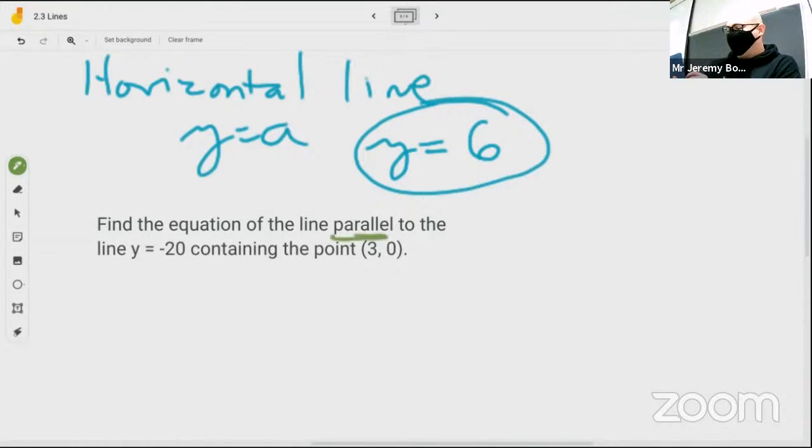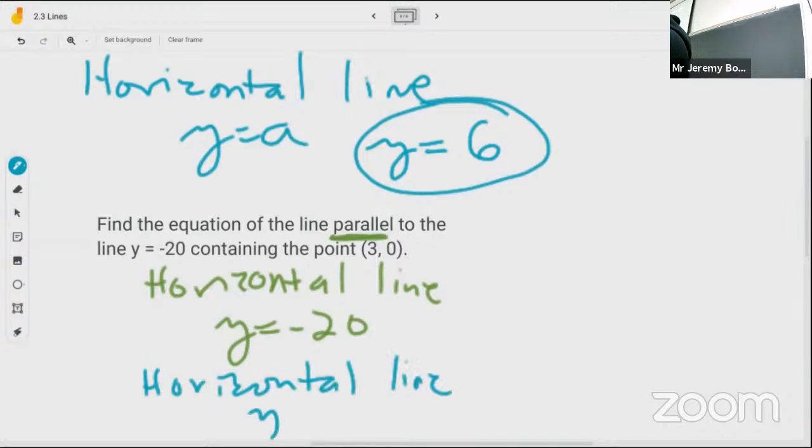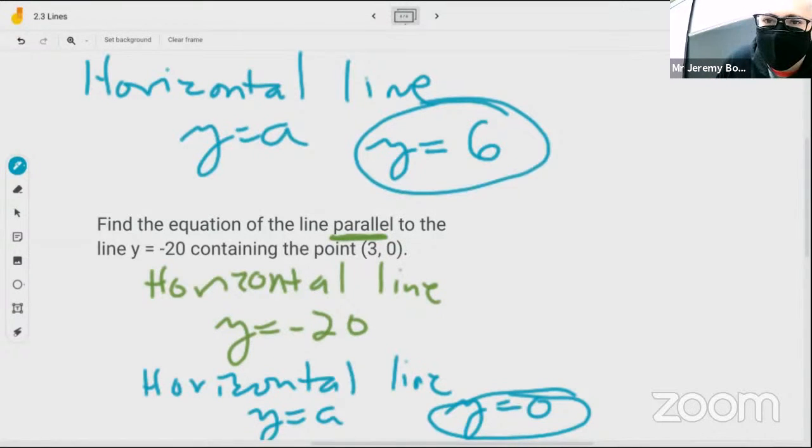Now notice we have switched it up. We're not talking about perpendicular, we're talking about parallel. So that means it's going to be what? The same slope, right? The same type of line. So what type of line is y equals negative 20? It's a horizontal. And so our line is also going to be horizontal. And so we know it's going to be y is equal to some a. What's the y value that we're going to use? 0, yeah, because we have a point on our line, which is 3 comma 0. The y value of that is 0. So y is equal to 0. That's going to be the equation of our line, which is the x-axis. That is the line we're talking about. Because there'll probably be a quiz coming soon, and